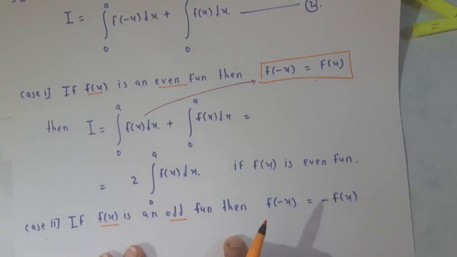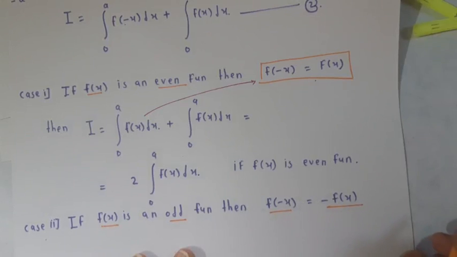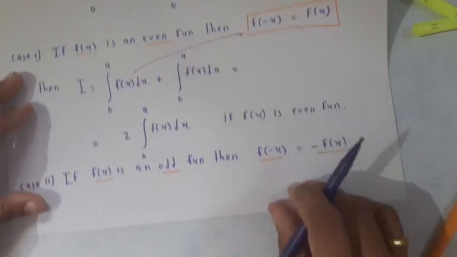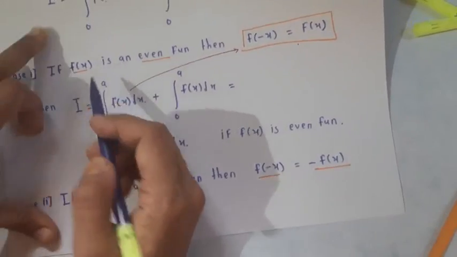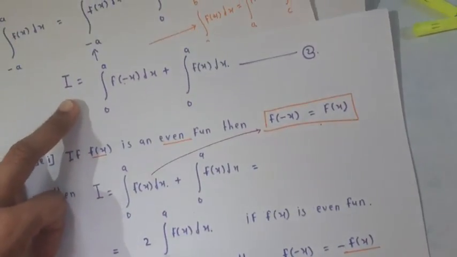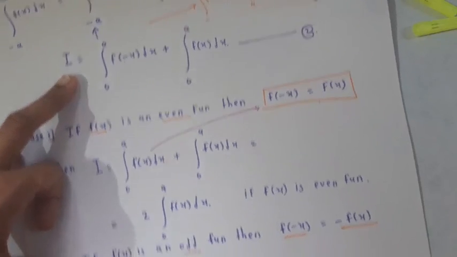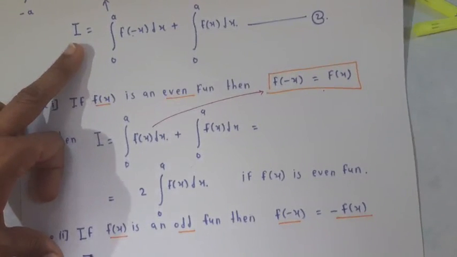If f of x is an odd function, then f of minus x is minus f of x, according to this definition. Okay, according to this definition, here the integration I equal to